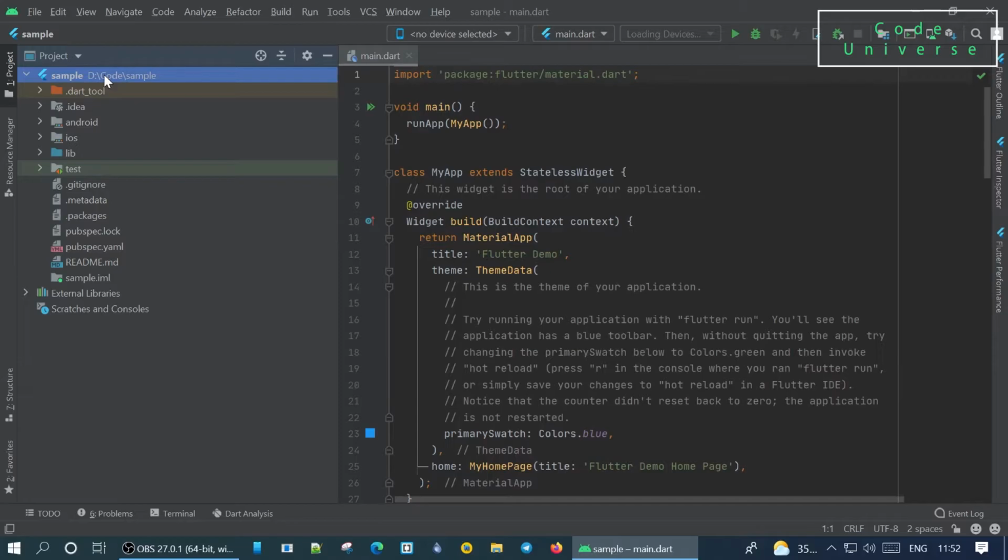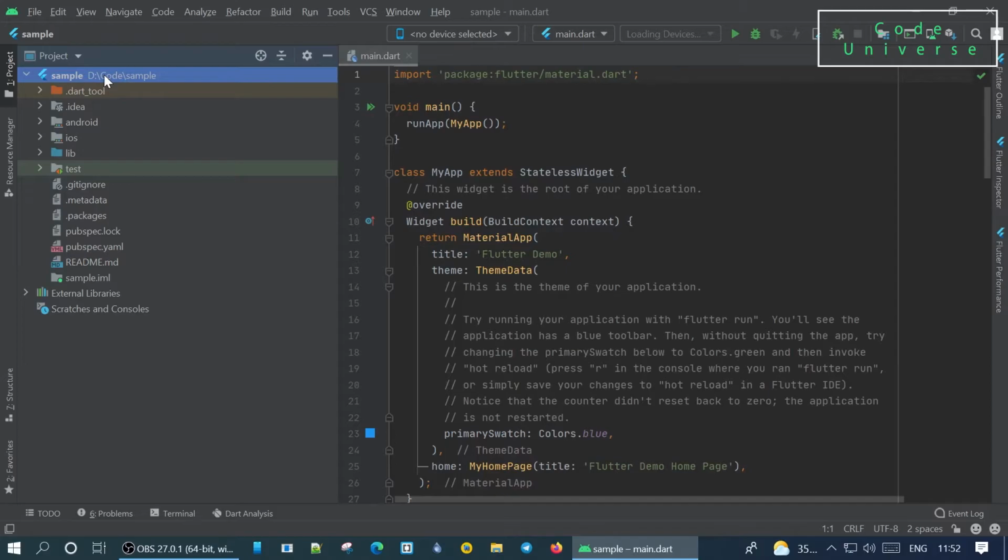The next folder is test. This package will contain files for writing and running software tests to ensure that your Flutter app is working correctly before release. By default, it will contain a Dart file named widget_test.dart for software testing. The next file is .gitignore. As the name suggests, the hidden file stores a list of different files which you don't want to upload to your Git system while pulling or pushing your source code to the Git system.